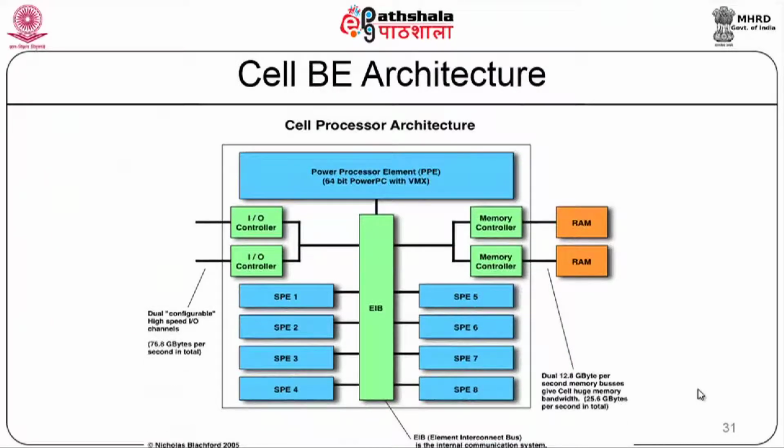As I already mentioned, you have a power processing unit which acts as the control processor, and you have 8 SPEs which are basically used for exploiting data level parallelism. You have an element interconnect bus which interconnects the SPEs among themselves and with the main power processing unit. You also have the IO controllers and the memory controllers which help you connect with the external memory and